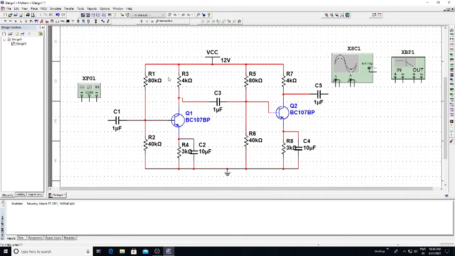And now I need to give my inputs to the 2-stage RC coupled circuit. If you see the function generator, you have plus, common and minus, right? So always use plus directly. You should connect the positive terminal to the input capacitor, and common should always be connected to the ground. So I'm connecting here. This line is a common ground. I've connected ground here, so this line can be used as common ground in order to connect my common points.